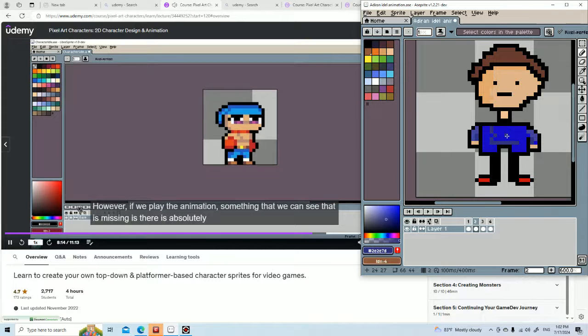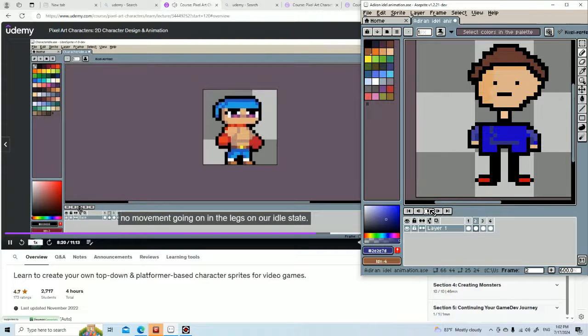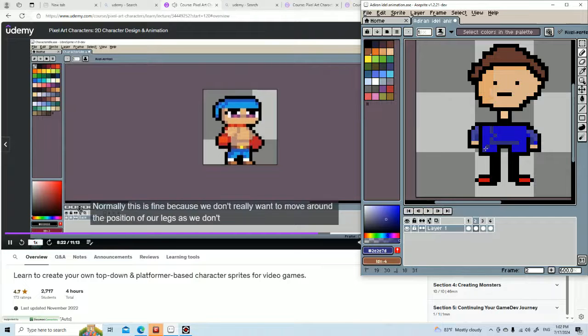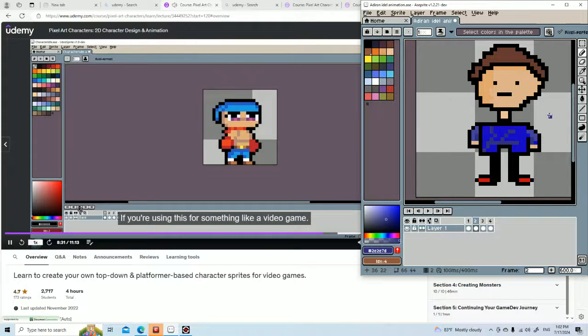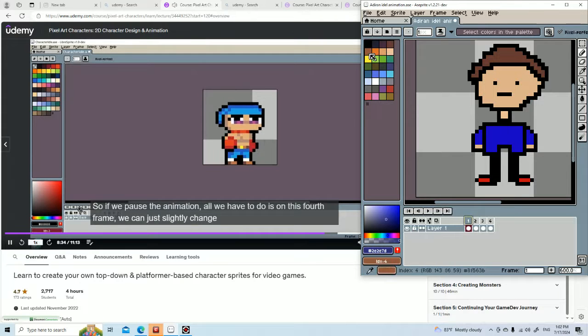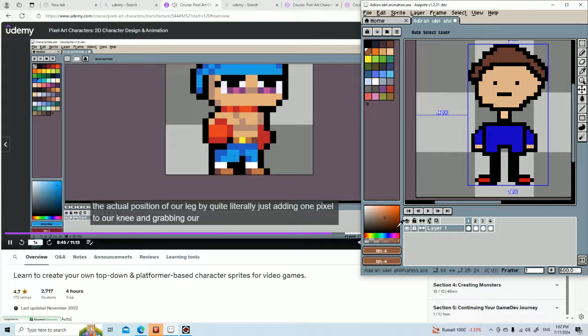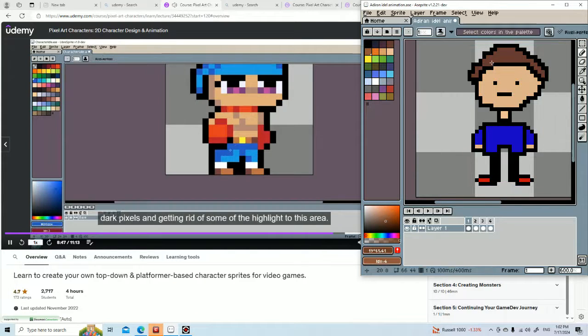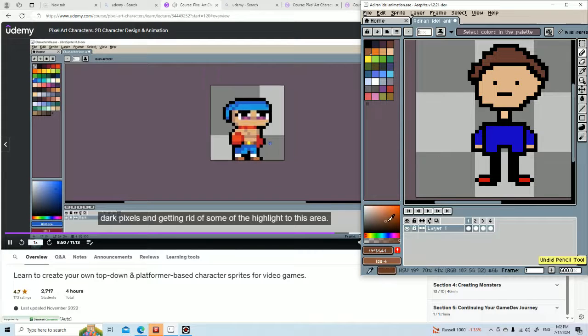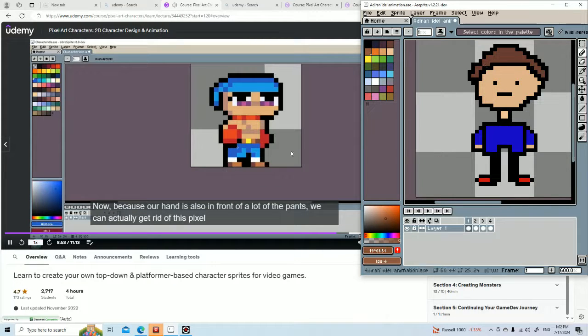However, if we play the animation, something that we can see that is missing is there is absolutely no movement going on in the legs on our idle state. Normally, this is fine because we don't really want to move around the position of our legs, as we don't want our character to seem as if they are changing their position if you're using this for something like a video game. So if we pause the animation, all we have to do is on this fourth frame, we can just slightly change the actual position of our leg by quite literally just adding 1 pixel to our knee and grabbing our dark pixels and getting rid of some of the highlight to this area. Now, because our hand is also in front of a lot